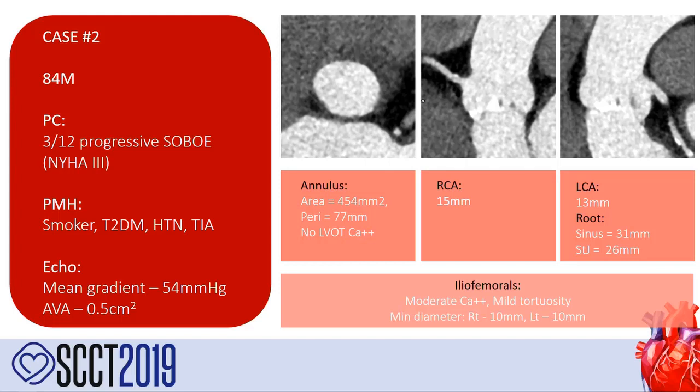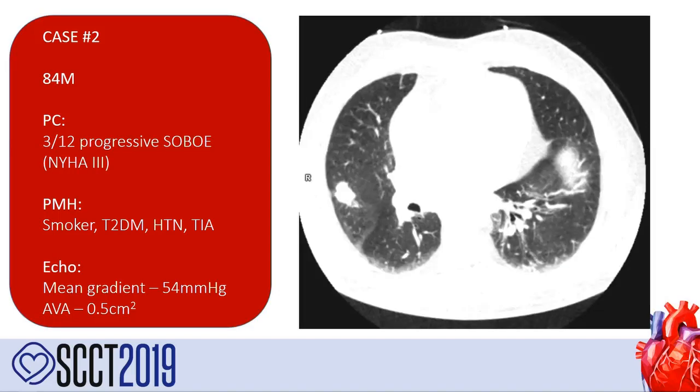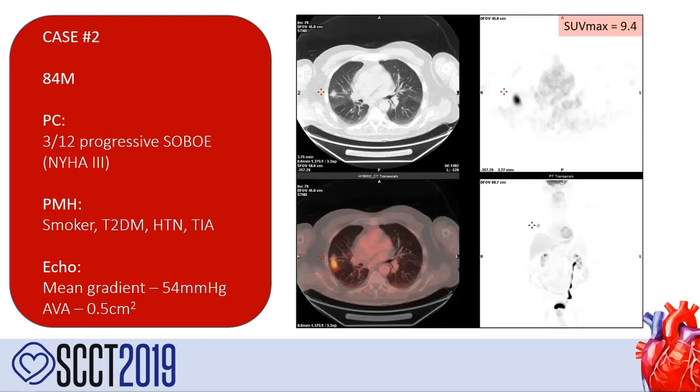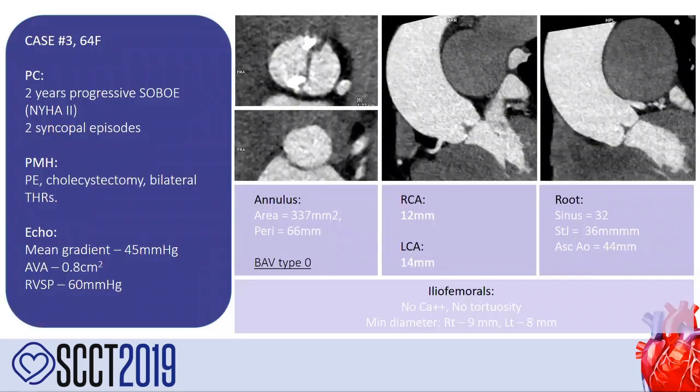So again, green light for a TAVI, except on the rest of the scan, this is what's there, and I don't need an arrow in this one to point out the large mass originating in the right lung. Now, this patient was rapidly triaged on for PET, which showed that this was a localized malignant tumor within the lung with no nodal and no distant metastasis, completely unknown up to this point. So once again, CTA saves the day, or has it? We'll come back to that.